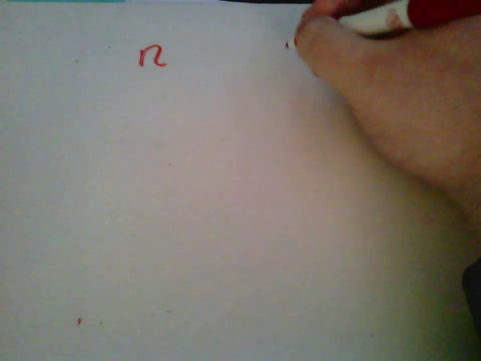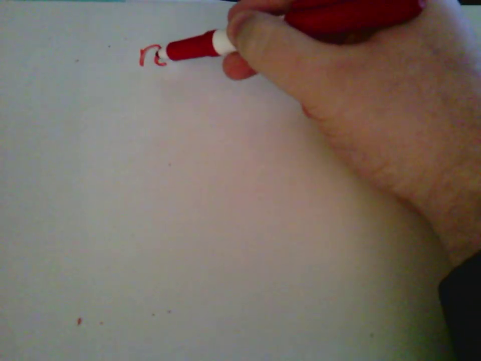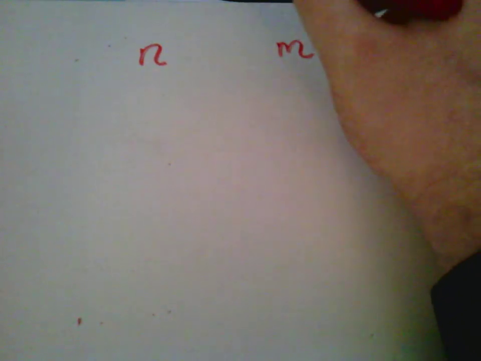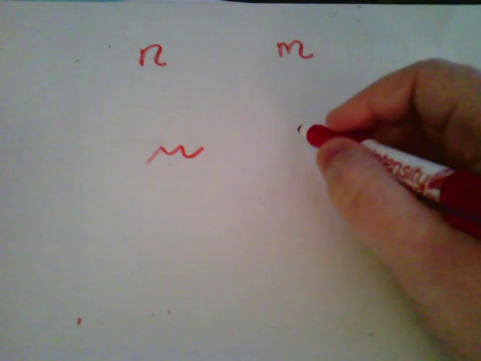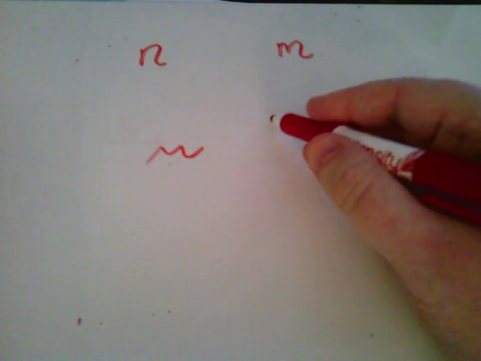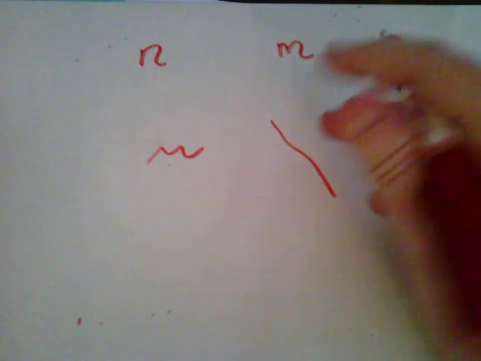Alright. So, let's talk about these numbers as variables. So let's just call the first number n and the second number m. And of course, these are variables. You could have called the first one x, the second one y. You could have called the first one a, the second one b. You could have called the first one squiggly line, and you could have called the second one almost straight line. Doesn't matter.